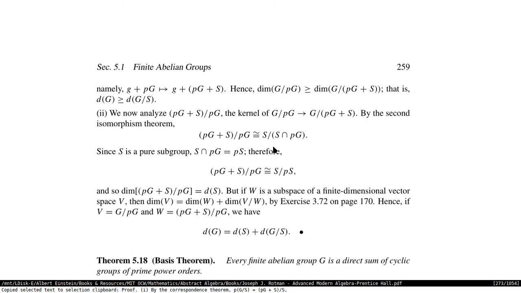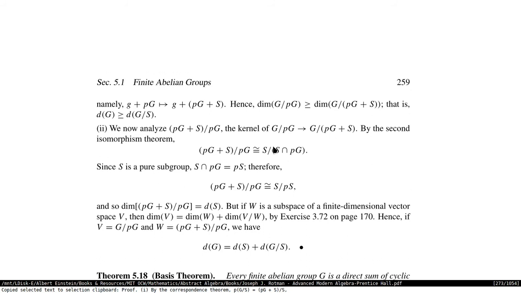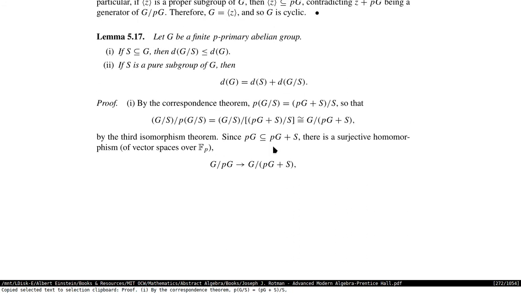And my feeling is that this is the number one reason that he introduces pure subgroups, to have this fact, that in this sense, the pure subgroups divide the groups in this special way. Yeah. That the D of G is the sum of,